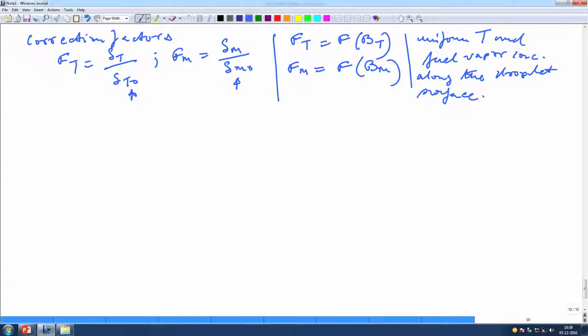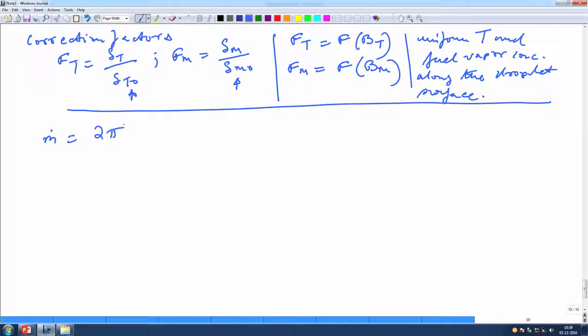Got it? So, along the droplet surface we have this uniform vapor concentration, right. Okay. So, we can write it like that. Now, based on all these things, m dot, which is the vaporization rate of the liquid, can have actually two forms, okay, instantaneous vaporization rate. One is given by this rho g Dg Rs,